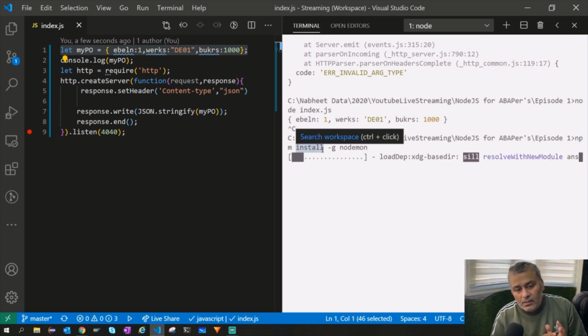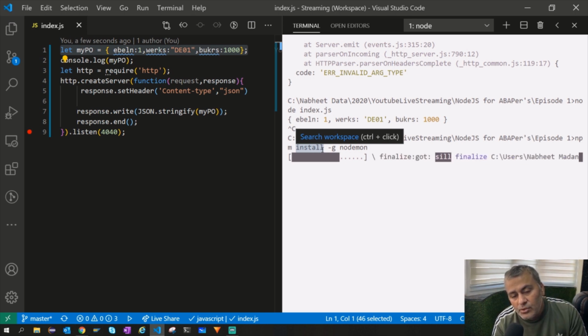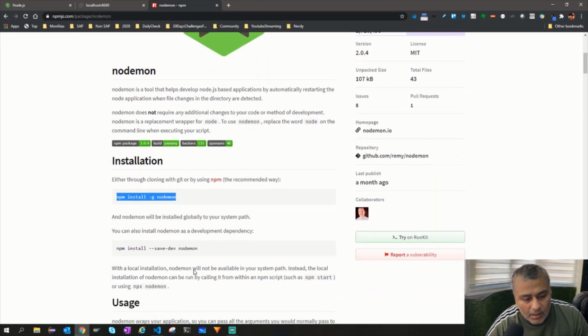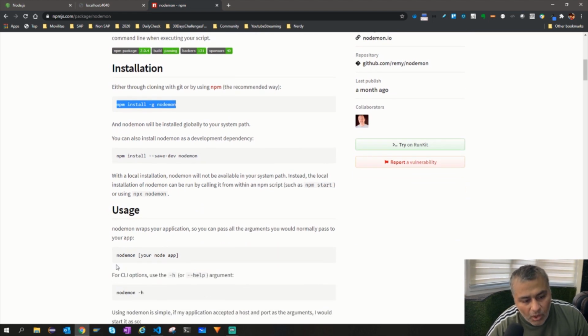So when we were installing Node.js, the Node package manager was installed by default. We understood that. Now in case you need to install any reusable package, you need to use the command npm install. -g means I don't want it for just this project, I want to use it globally. Whatever Node.js projects I have, I want this thing to be used, right? So now let's see, okay, I have installed it. Then what do I need to do? All you need to do is, when you start your application, you just start it using nodemon, and then your app name.